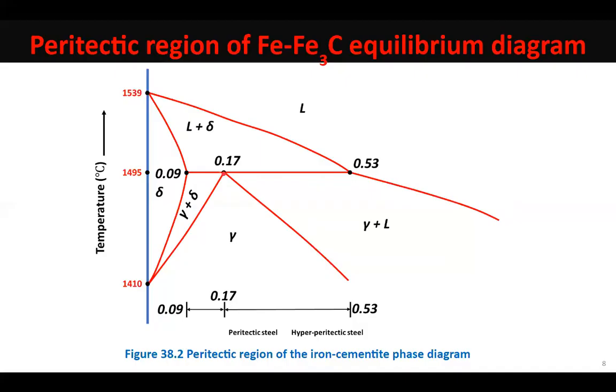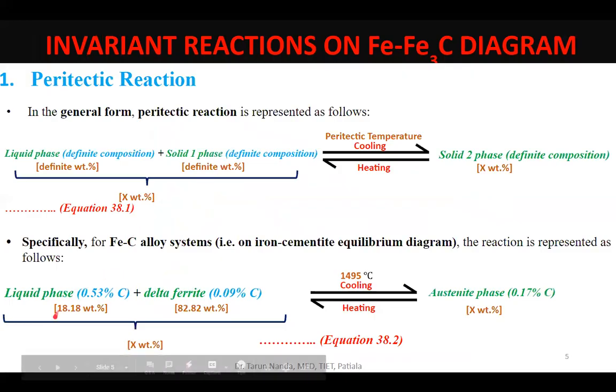See, what do we get through the peritectic reaction? We get austenite of 0.17 percentage carbon. So out of all the iron carbon alloys which show the peritectic reaction, it is exactly 0.17 percentage carbon steel which only contains austenite in it after the reaction has occurred. This means that this steel exactly contains liquid and delta ferrite in the weight ratio which would be utilized all in the peritectic reaction. So you can find out the weight ratio of liquid and delta in this 0.17 percentage carbon steel, and I have shown to you in this reaction that they are in this weight ratio,